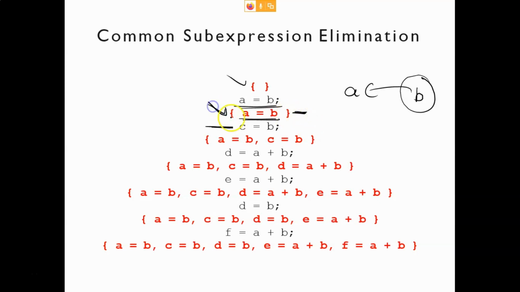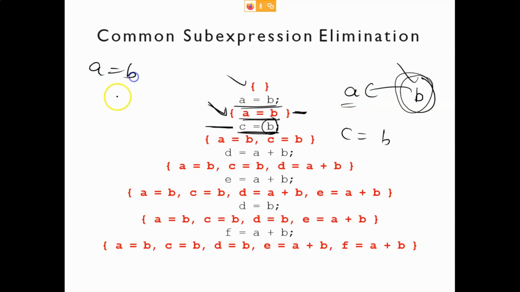This is telling us that this B is an available expression and it is present inside A. So what you can do is replace this B with this A, because this B is already an available expression. So remember, this is not copy propagation, this is still common sub-expression elimination, because you have this type of